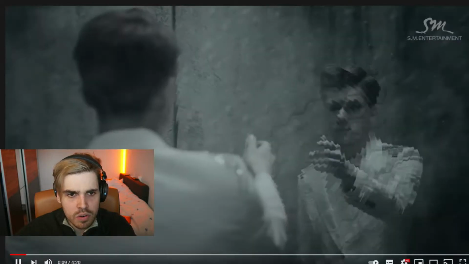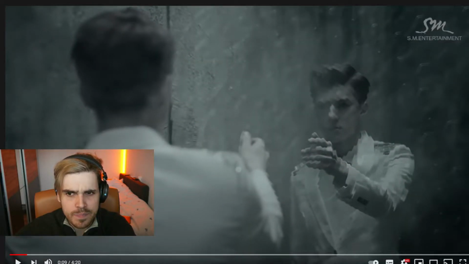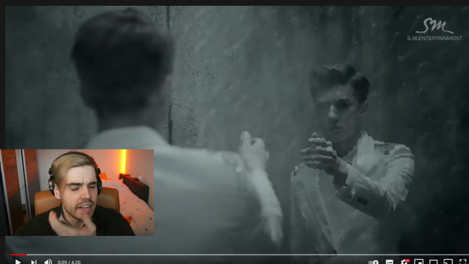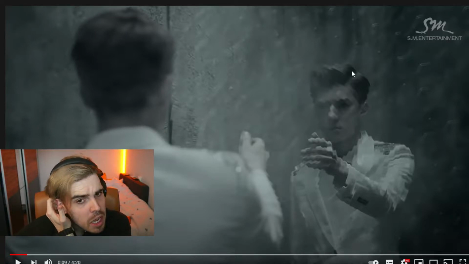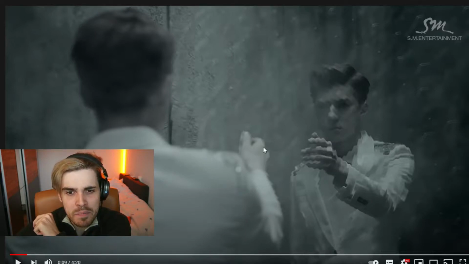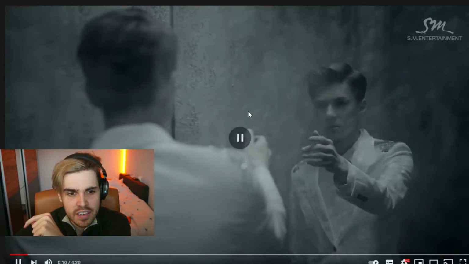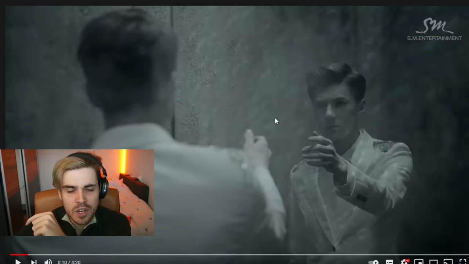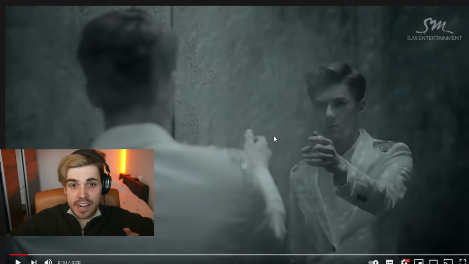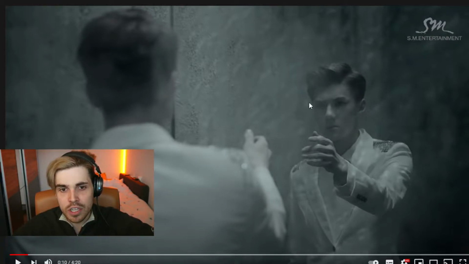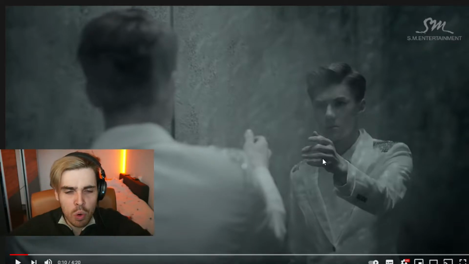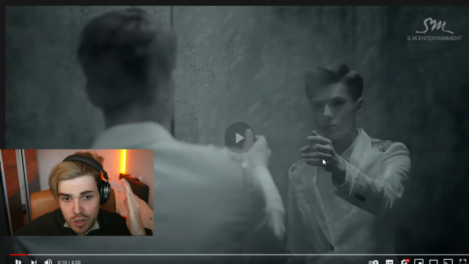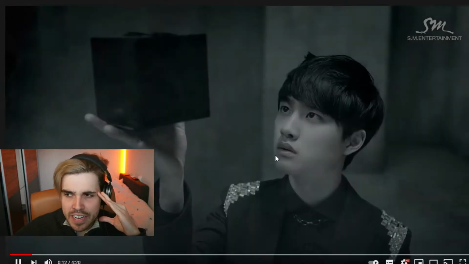So it seems like they're going through a maze, a CGI maze. I cannot imagine they built up a maze because of this, but a little bit of a cool effect actually that we see here, because most likely this is a mirror and they added this effect on the mirror. So it's basically adding an effect masked in only on this part of the mirror to make it look like a water mirror or a reflection through water. Kind of cool. That face softening though is killing it here right now.